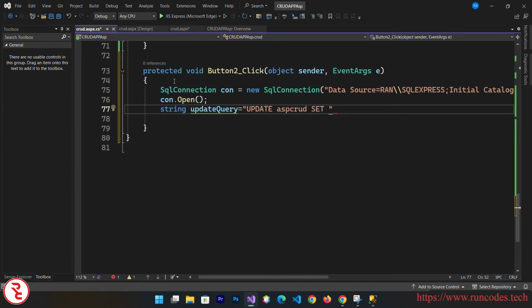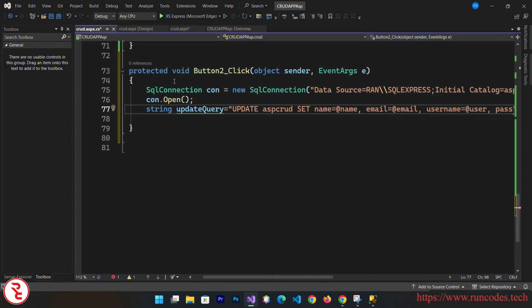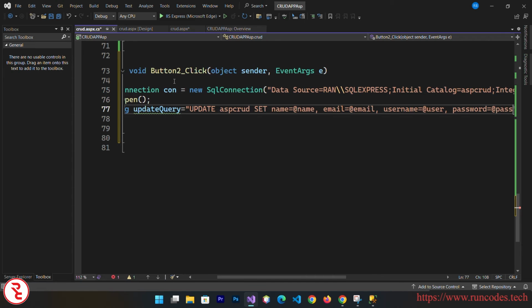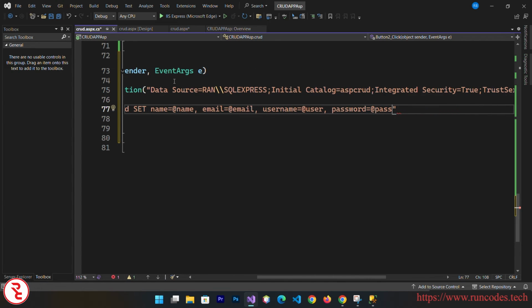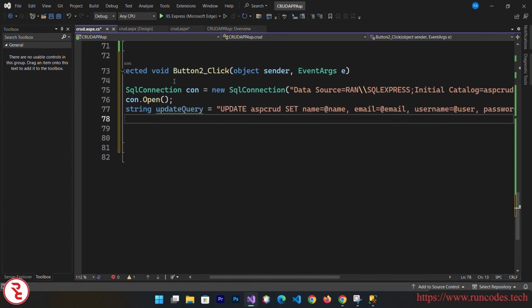and then our values. Here goes name is equal to @name, email is equal to @email, and then what else? Username is equal to @user, password is equal to @pass, and we need a condition here where id is equal to @id,